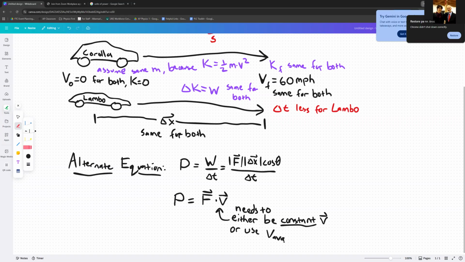If you have a way to find, hey, this is the average velocity of this object, then you're good to go. So the two options here for this equation is you either need to use a constant velocity, or you need to know from the problem, I read the problem and it said it moves at constant velocity. Okay, I'm good to go. I can use the velocity times the force to get power. Or the other option is from the problem, you're able to determine, oh, I can get the average velocity. Here's the average velocity of this object, whether it's a number or just the variables for average velocity. So either a constant velocity or an average velocity times the force. And then the last piece is